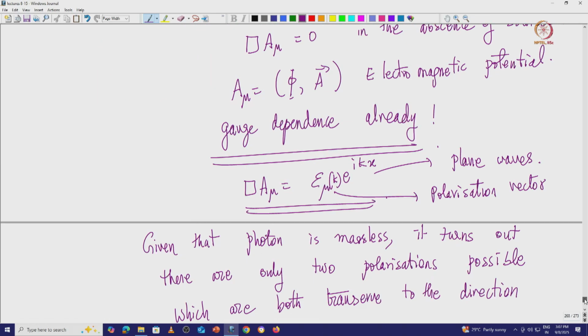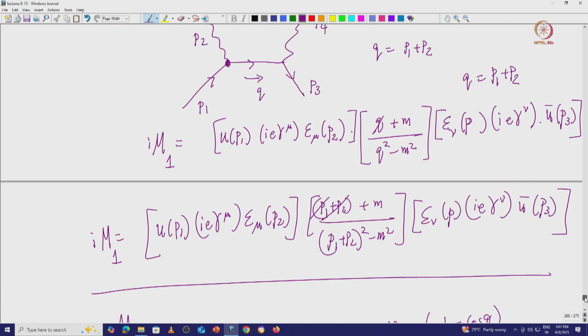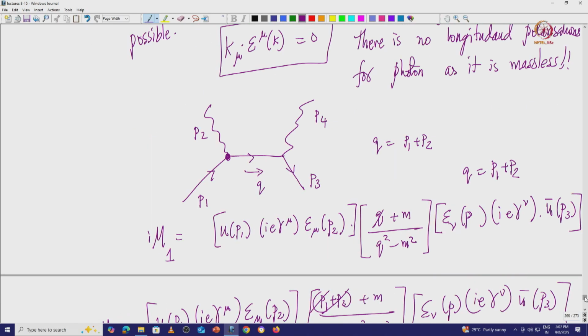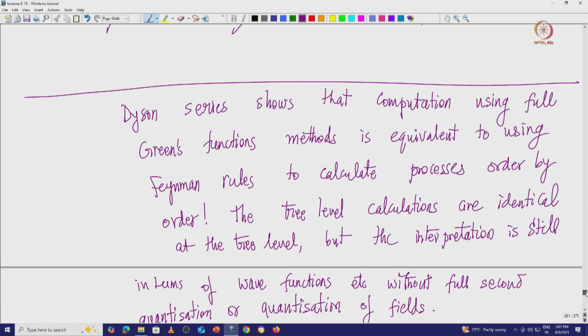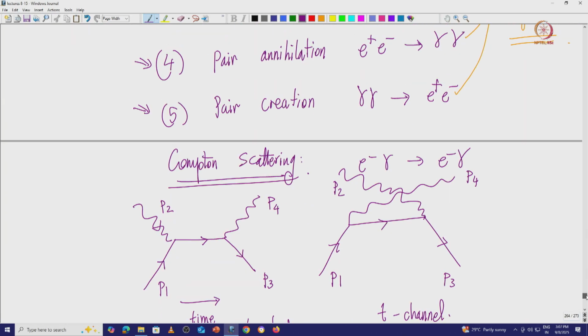Now, once you make the field dynamic, then you can interpret the wave functions. The photon can be thought of as a wave function or as a particle, and you can treat it really like a particle, because in Compton scattering it is like a particle. The photon behaves like a particle: it comes, hits the electron, and goes away. So now we go back to Compton scattering. If you treat them as particles, then you are giving different momenta.